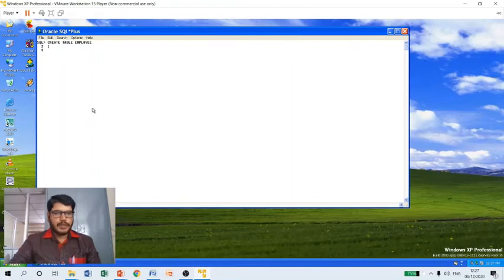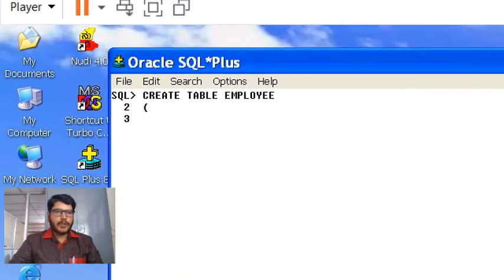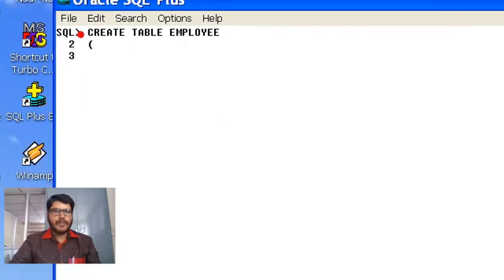As you can see here, we are getting a continuation number here. We should begin writing the statement with the SQL prompt.